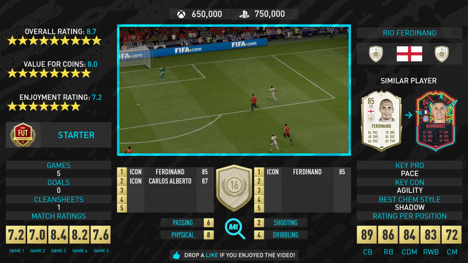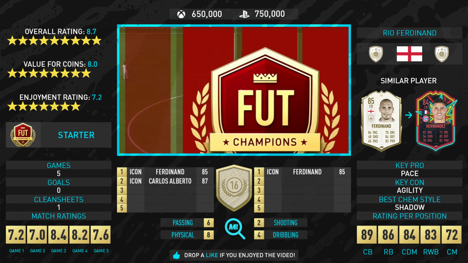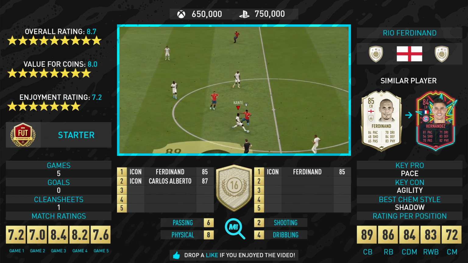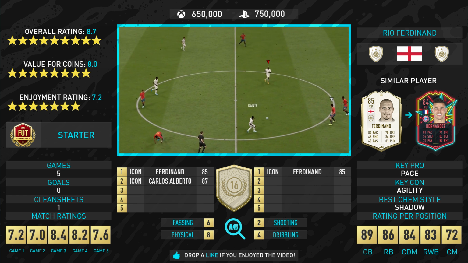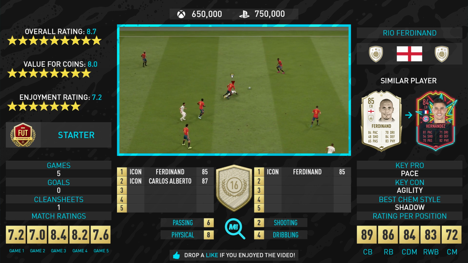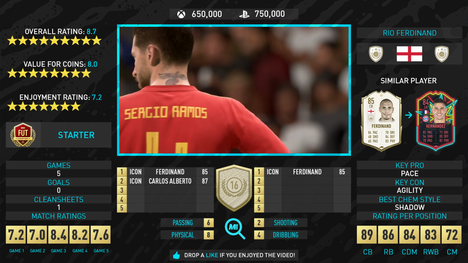In terms of the 16 icon swap tokens, is he worth that? Yes. He is worth it because he's a great centre-back. He brings you a lot to your team, but there are better centre-backs than this guy on the game. Virgil van Dijk. Eder Militao is broken on this game, and I'd argue Eder Militao is better than this Rio Ferdinand, which is...